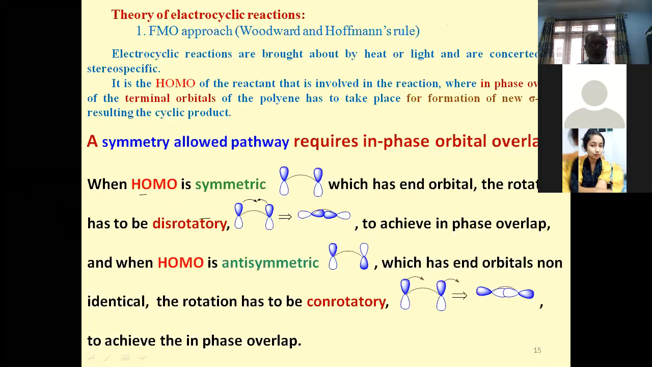So just listen here. When the terminal lobes are symmetric, the rotation has to be this rotation to achieve the phase. And when the HOMO is anti-symmetric, that means one is this way, the other one is this way, then for bonding we must have conrotation. You see here, this conrotation will make it, if it moves this way,